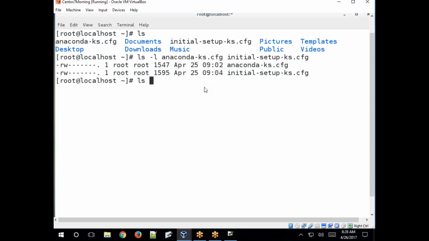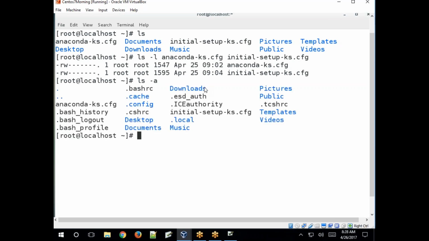So to list hidden files under the current working directory, -a is the option. The -a option shows hidden files. See, .bash_history, .bash_logout, .bash_profile, .bashrc.